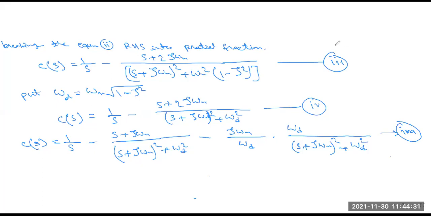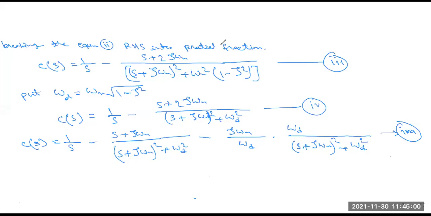Now we have to change this equation here. You can see we rewrite the equation according to the format. We change s plus 2 zeta omega n into two parts. First one this one, another one this one also. Okay. Up to this part is clear, all of you? Yes, sir. Okay, now you have to apply the Laplace transform.